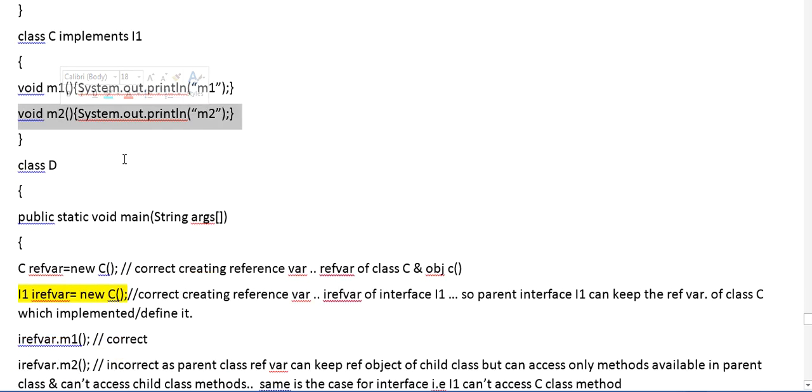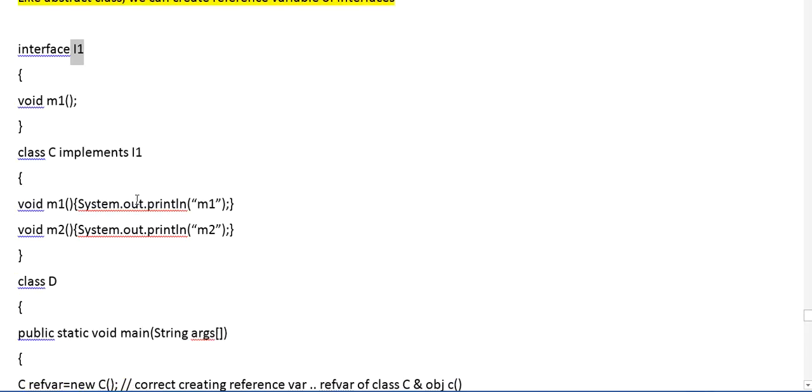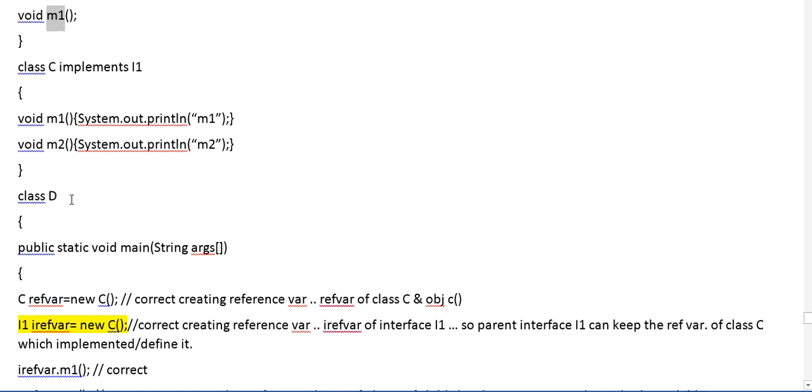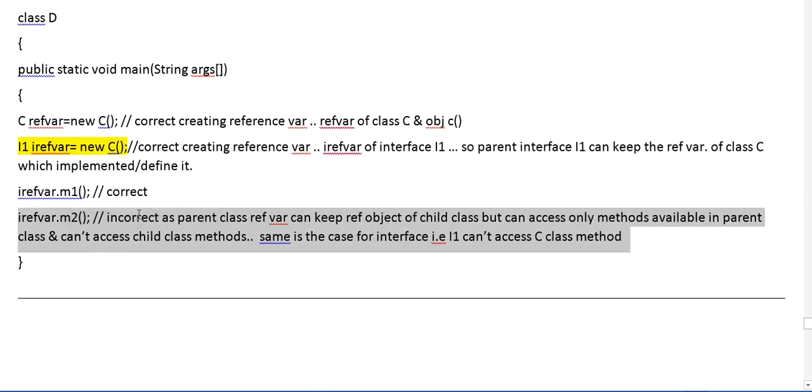So the m2 method cannot be accessed from the parent interface I1. Okay, the parent interface I1 can access only the m1 method. So whenever we write something like I reference m2, then it is incorrect.